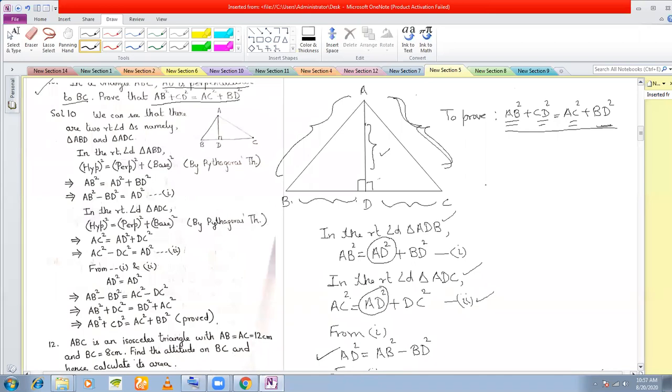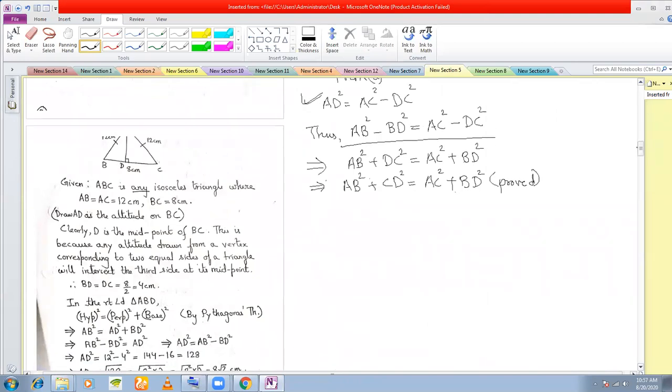The main thing, as earlier I told you, any kind of problem that you come across, this kind of a problem, what you must always keep an eye on is what you need to prove. See what sides are involved, which sides are there on the left hand side, which sides are there on the right hand side. Also see how many right angle triangles are there in the figure, just like you had two right angle triangles. So in Pythagoras theorem you always need to observe the proof and how many right angle triangles are there, what expression you need to prove, what sides are involved. That will hint you towards your proof.